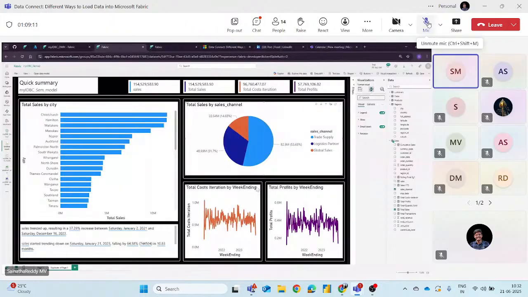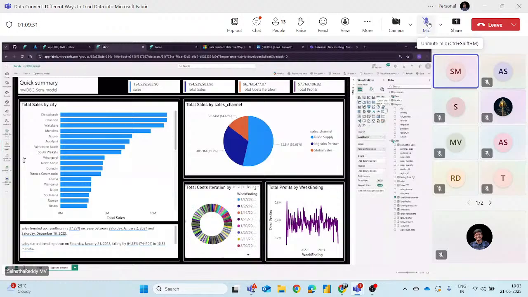And I will change this one also, total cost. You can play around, guys, with how you want to show your data and how you represent customer data information. We'll change this to, oh okay, a donut chart. This one is also very clumsy, I don't want this one. We'll go with warehouse.